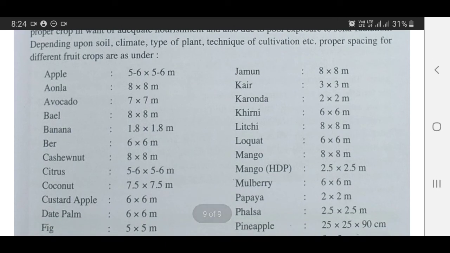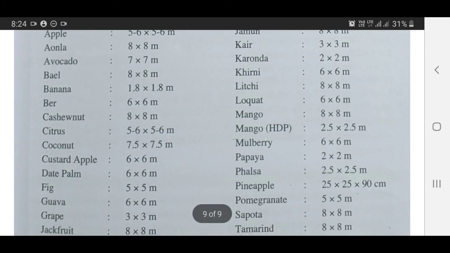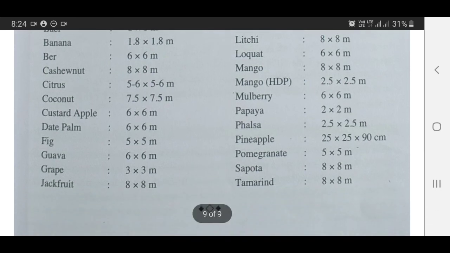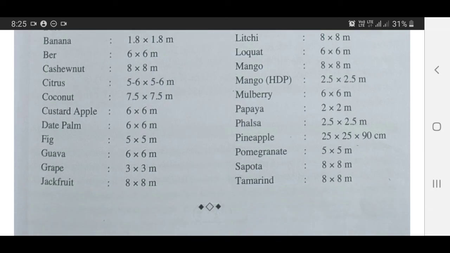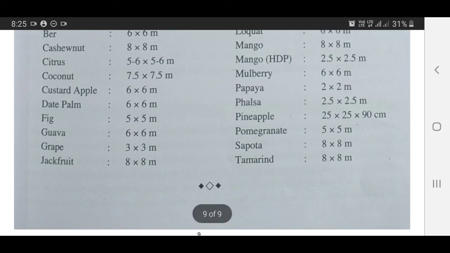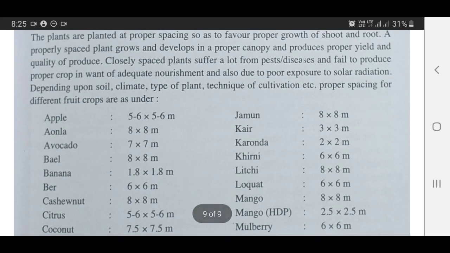ber 6 into 6 meter, cashew nut 8 into 8 meter, citrus 5 to 6 into 5 to 6 meter, coconut 7.5 by 7.5 meter, custard apple 6 into 6 meter, date palm 6 into 6 meter, fig 5 into 5 meter, guava 6 into 6 meter, grape 3 into 3 meter, jackfruit 8 into 8 meter, jamun 8 into 8 meter,